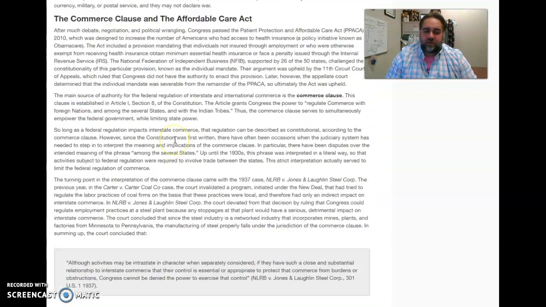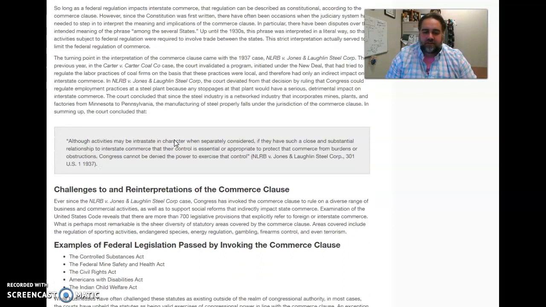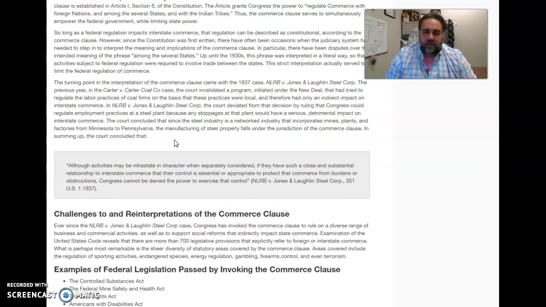So dig deeper on the Commerce Clause. It does mention the Affordable Care Act. That's something that is still kind of a contentious point within Congress and government. And there is a third challenge to the Affordable Care Act that's coming up right now. And it will be impacted greatly by the next Supreme Court justice.